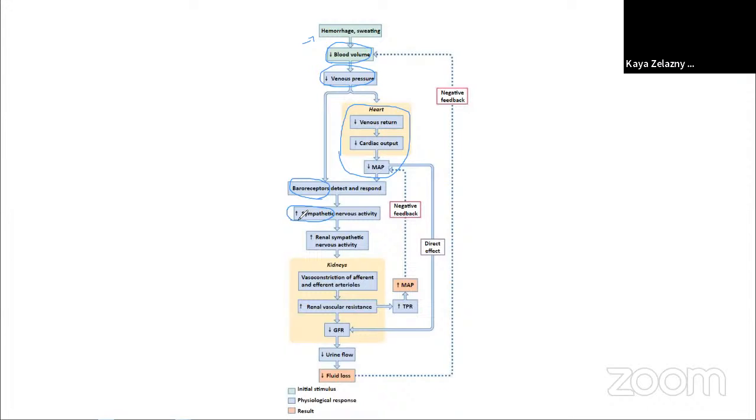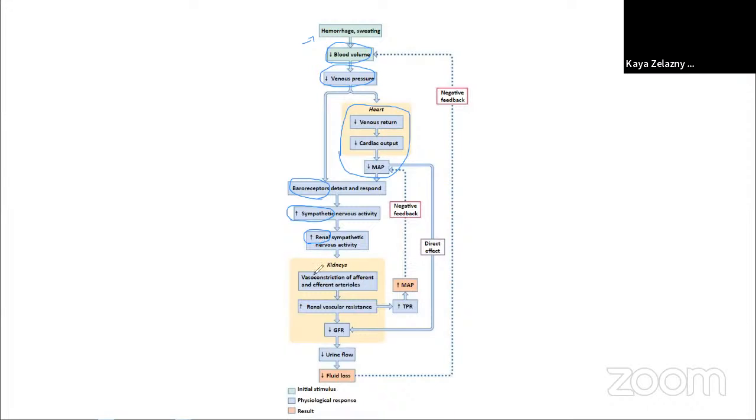So when your body senses maybe you lost a bunch of blood volume, you've lost a bunch of mean arterial pressure, the sympathetic nervous system gets activated, so it starts firing more. This means that sympathetic nerves going through your kidney also are going to be firing more. So we're going to see increased sympathetic nervous activity in the renal system. So our renal sympathetic nervous activity goes up. And the effect of those sympathetic nerves in your kidneys